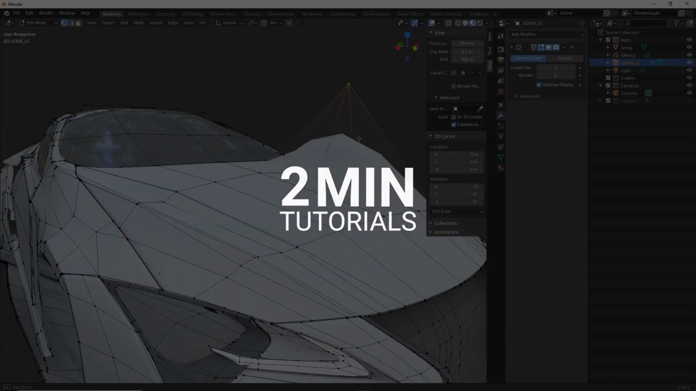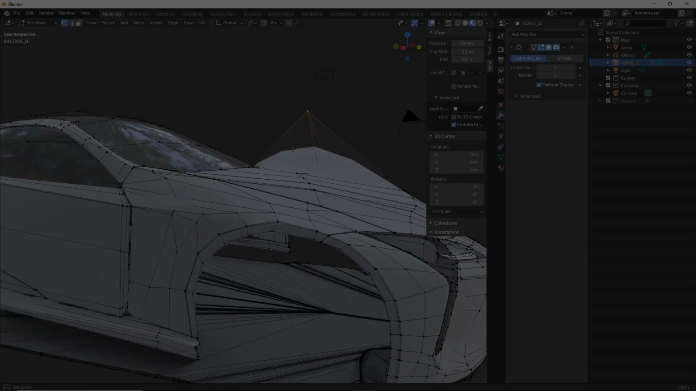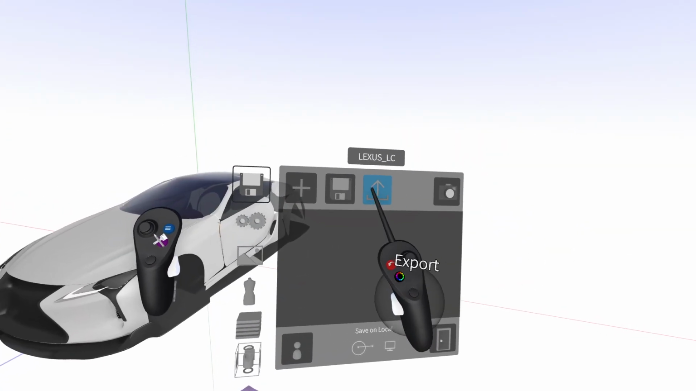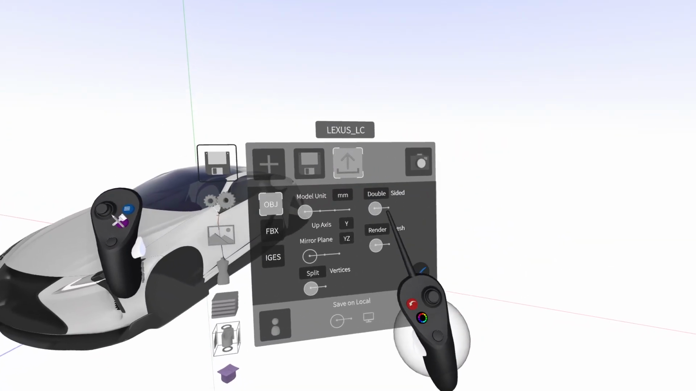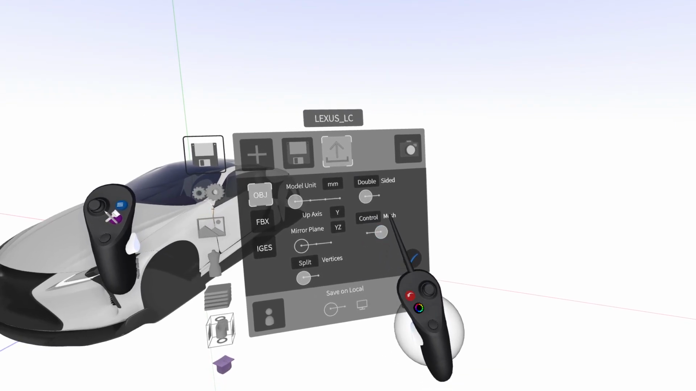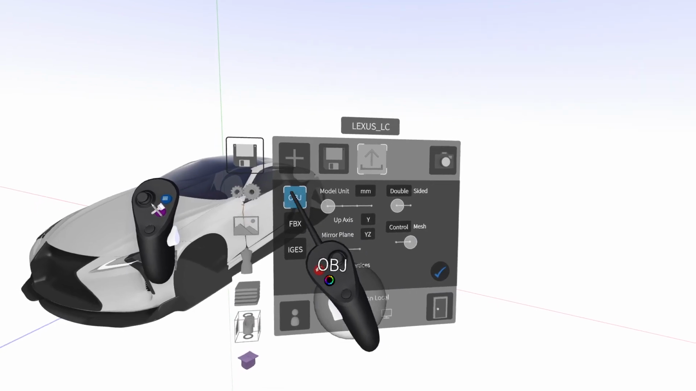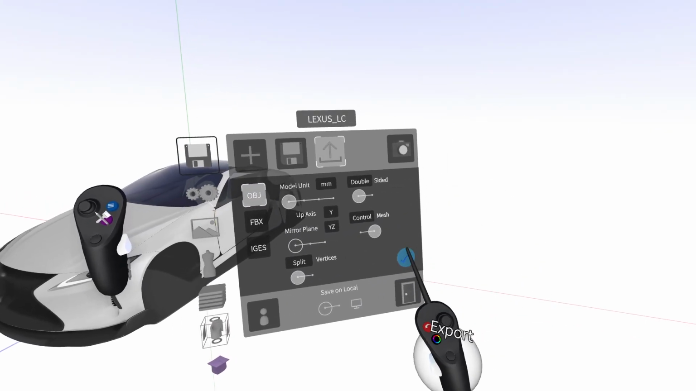Today we're going to be looking at how you can export your models out of Gravity Sketch as control meshes so you can keep working on them in other programs. So just simply go to the export menu and the switch off to the right, change it from render mesh to control mesh. And make sure you are using the OBJ model export. Click export,